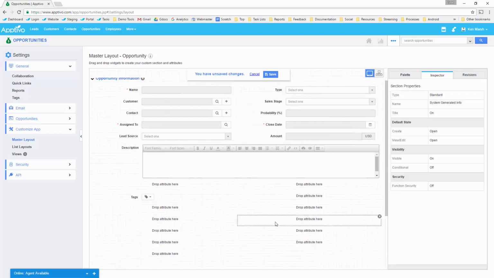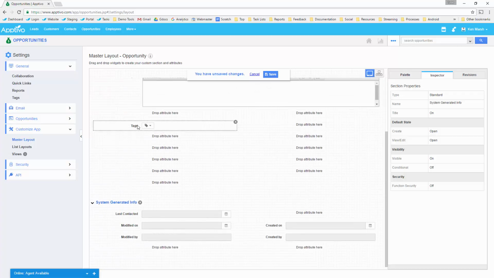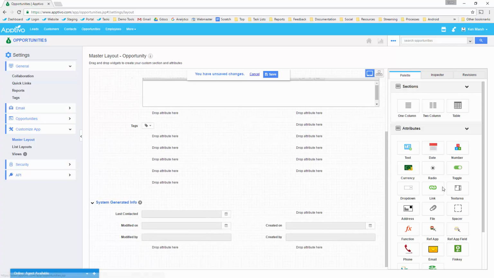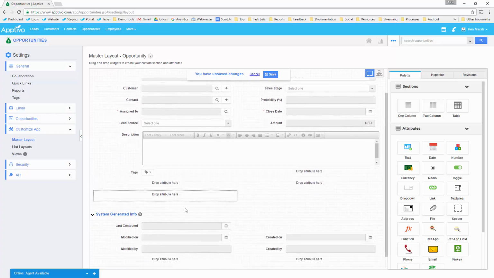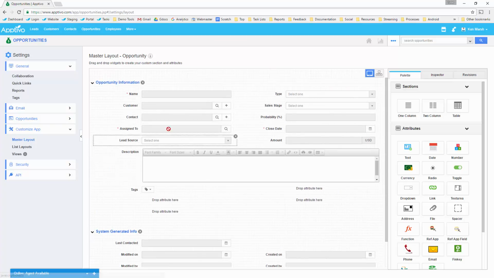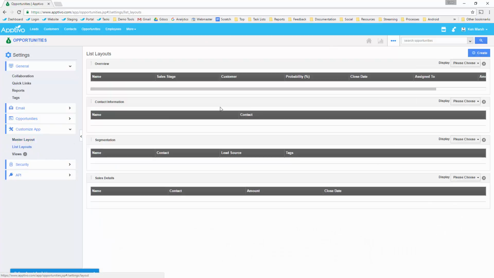You will notice there's no unsubscribe field in opportunities, so I can either move another one over there, or there is something called a spacer attribute. Once again, it's nice because it keeps consistent. So yes, there's no unsubscribe field there, but the other 5 fields are arranged in exactly the same order that you see everywhere else. So we got that, we save it up, and we go finish our last list layouts,